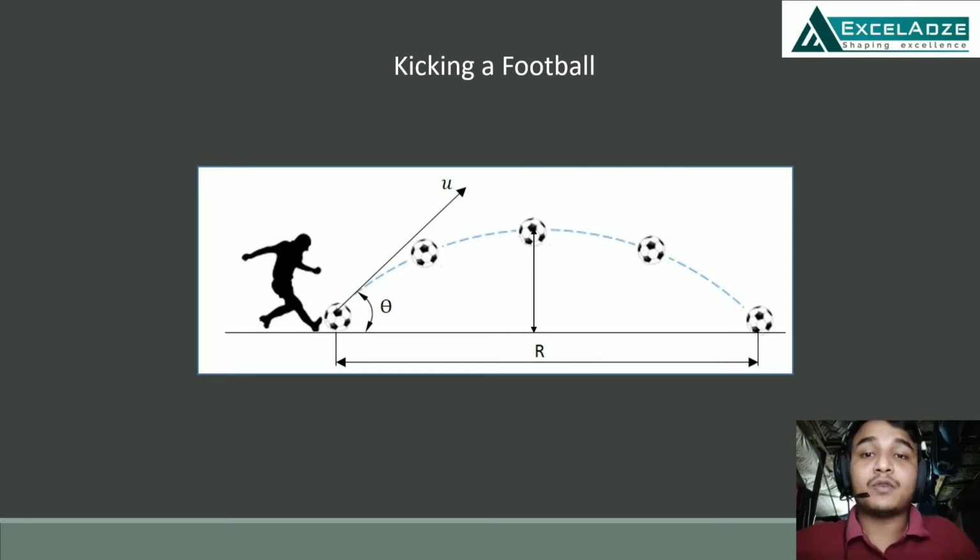Here we want to find out different parameters such as the maximum height it can gain, how far it can go, and how much time it takes to cover that distance. All these can be found out by knowing the velocity of the object and the angle from the ground at which it has been thrown. We will use the concept of vectors known as resolution of vectors, and acceleration due to gravity. Let's see how gravity works.